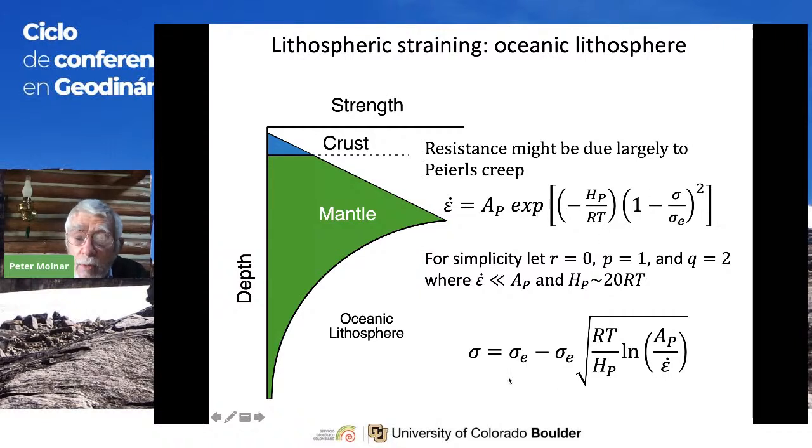One can turn this around and write stress, deviatoric stress, in terms of strain rate, where strain rate now appears down here. All I did was divide by this, take the logarithm. Here's the logarithm. The logarithm of this, of course, is then this factor. Then divide by that. Subtract, take the square root, and just manipulate this around. This isn't interesting. This is the equation, and this factor in the square root is smaller than 1, so we have sigma minus sigma e times a number smaller than 1, so this number is positive.